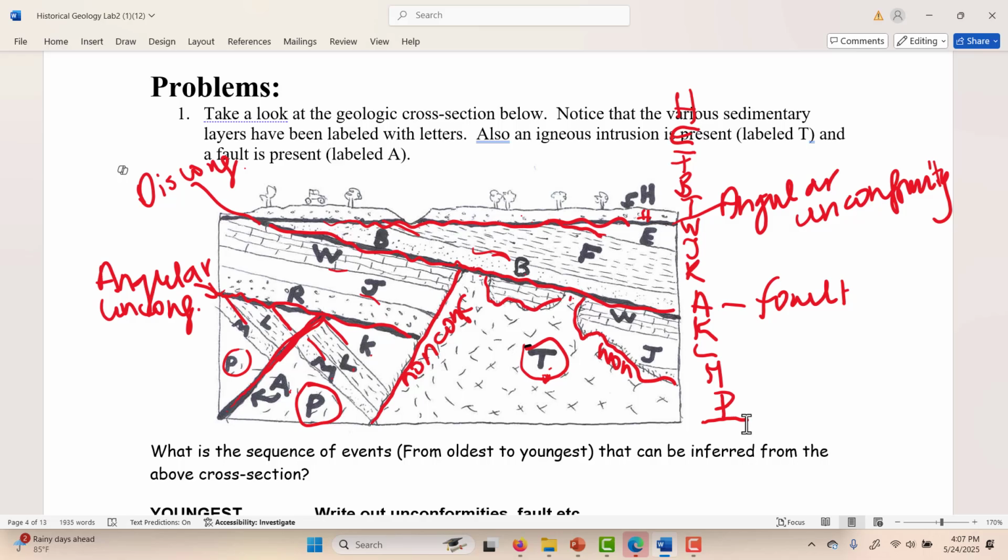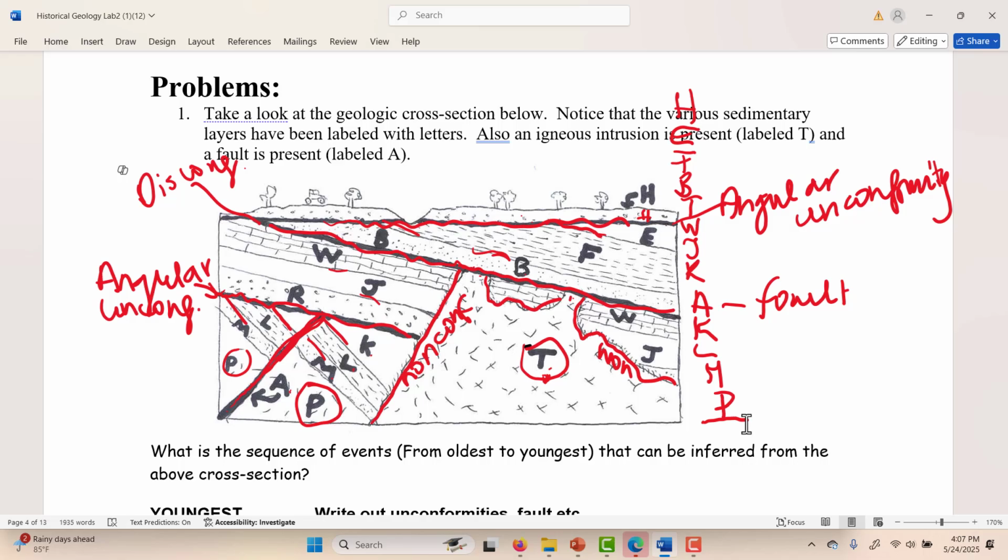There is an unconformity between K and R, and it's an angular. We already said that. After the unconformity comes R, J, and W. After the W comes in the T, intrusion. After that, there is an unconformity again, and that is actually a disconformity because the layers below and above are